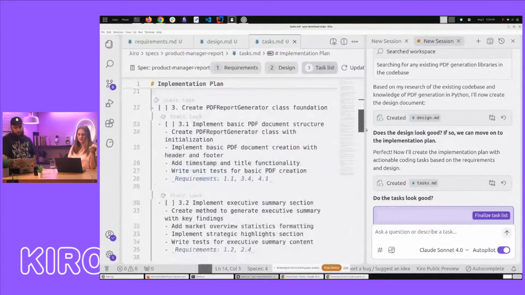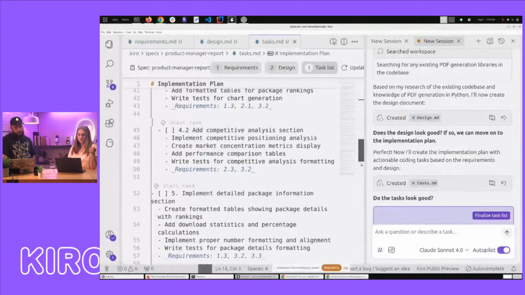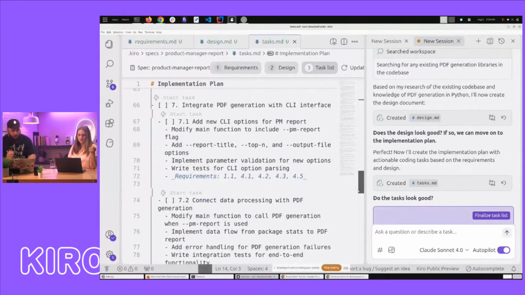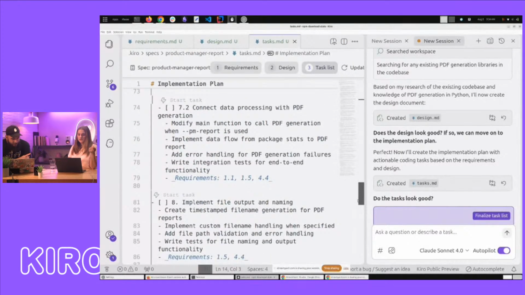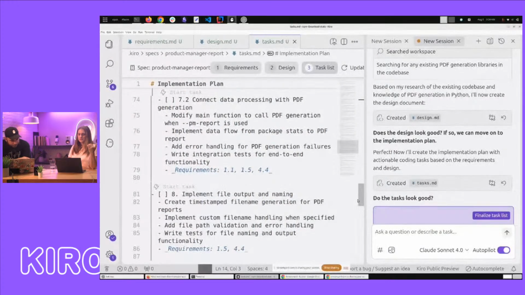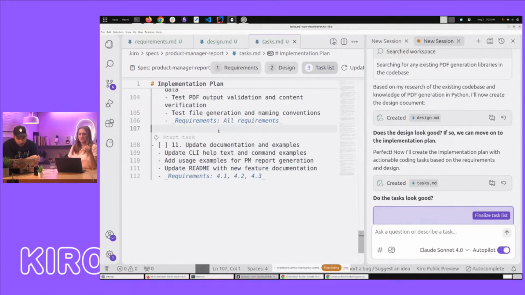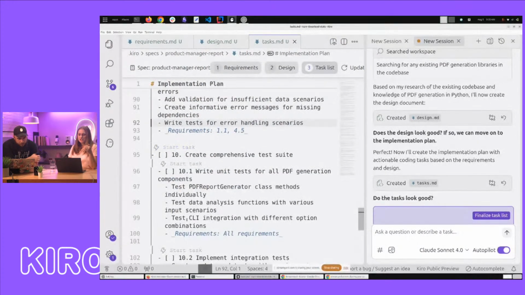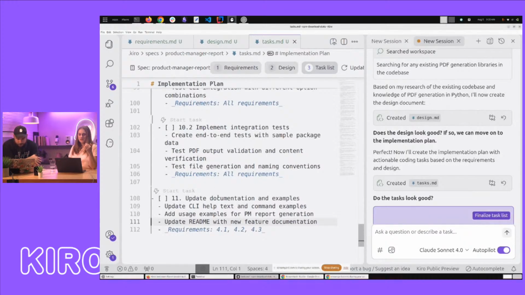And then down. One thing that I am going to do, let's see... Is it going to do a lot of testing? Because it's going to do a lot of testing. So I think the way to think about the task list is, if you were going right to production with this, the gold standard for software engineering best practices, it's going to give you all of that. The tests. It's writing integration tests. It's going to test different options, comprehensive test suite, all of this stuff. Integration tests. It's going to update the documentation, create a really nice CLI help task.